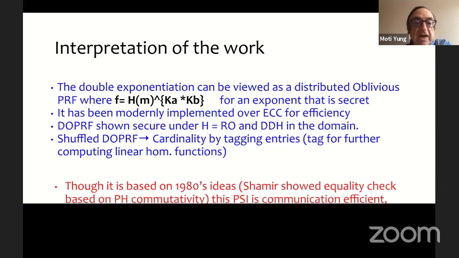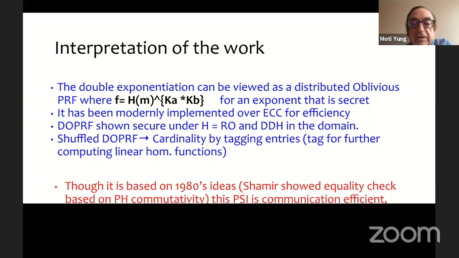So it's nice. One other interpretation of this work is that the double exponentiation can be viewed as a distributed oblivious PRF, where the two parties compute over the message, which is first hashed. That's actually the way to look at it.